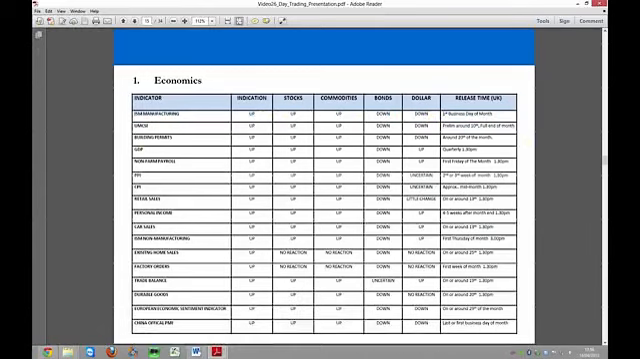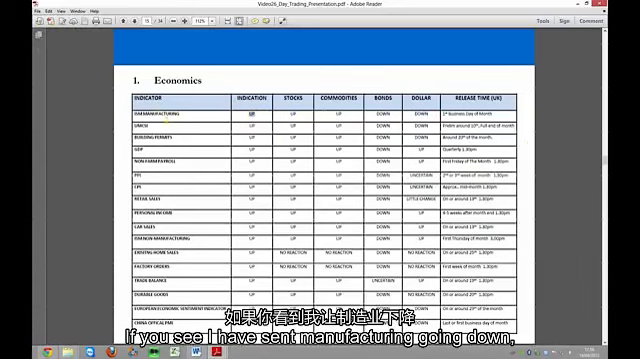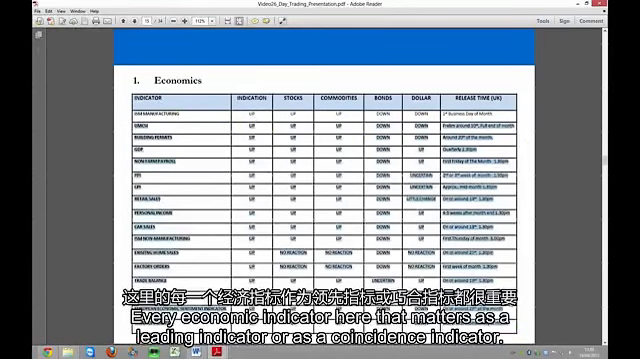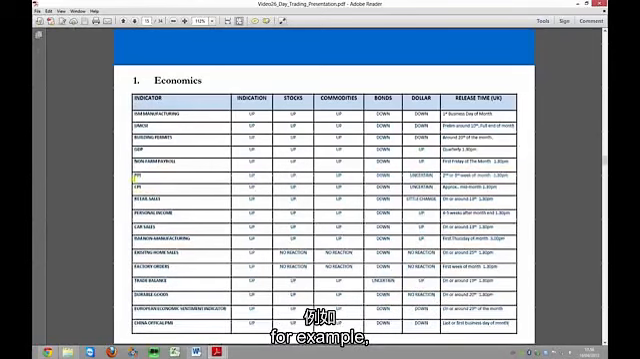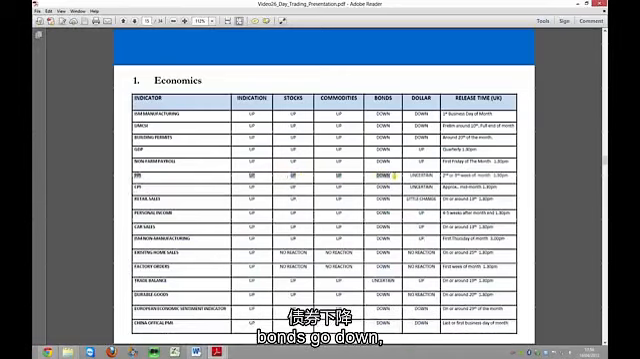And then we've got the release dates in here. And then just assume that the opposite will happen if you see ISM manufacturing going down. And then we've done this for every economic indicator here that matters as a leading indicator or as a coincidence indicator. If you see, for example, PPI indicated up, and you see stocks go up, commodities go up, bonds go down, dollar sideways, if you see that happen, then